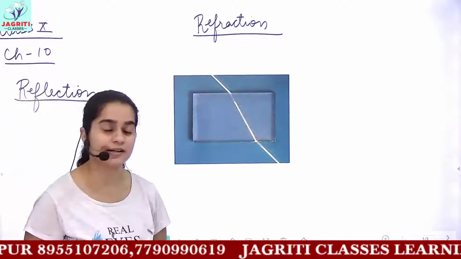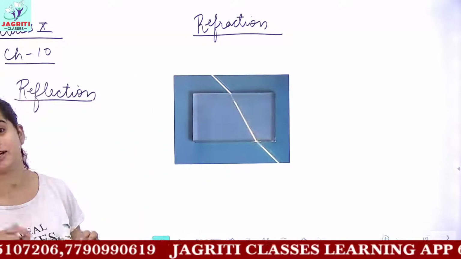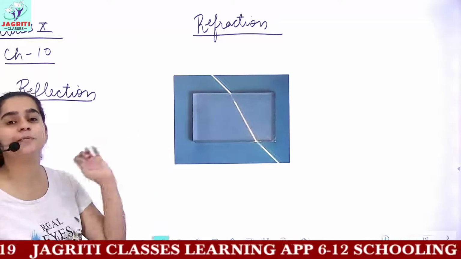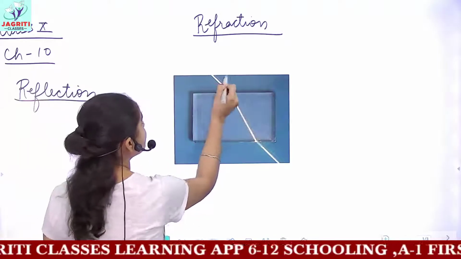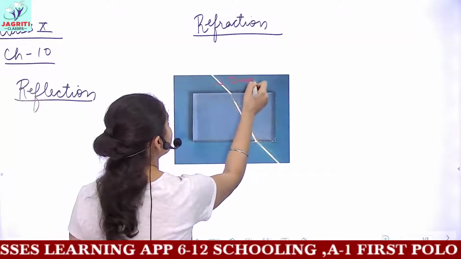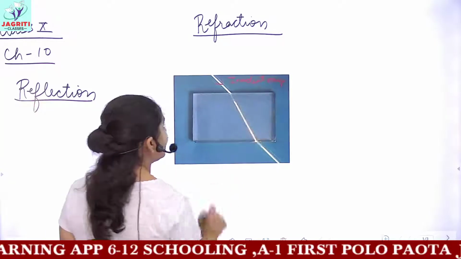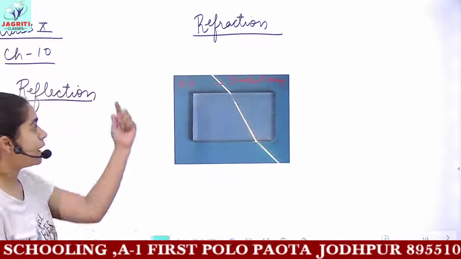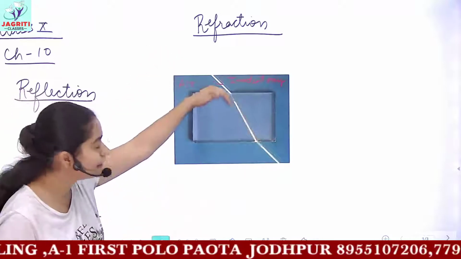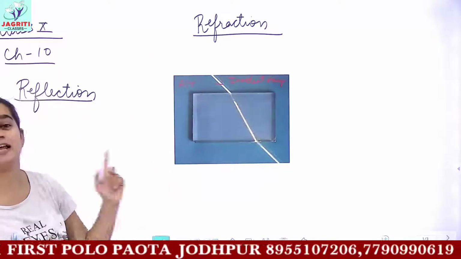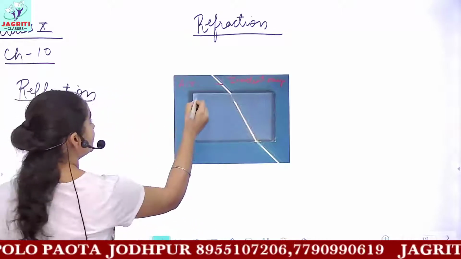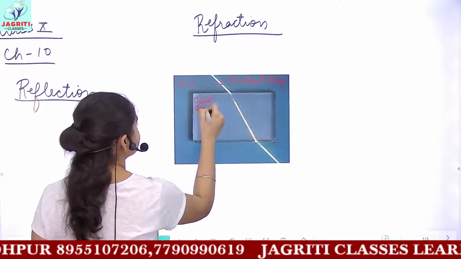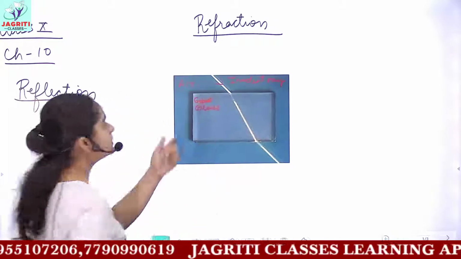So what is refraction? You can see this is the actual picture representing refraction in reality. In this picture, if you observe carefully, the ray which is coming is regarded as the incident ray. The incident ray is coming from a medium which is air. So the outer medium is air, in which the incident ray is coming. Then you have a glass slab, that is a slab made up of glass. So we can say the medium here is glass.